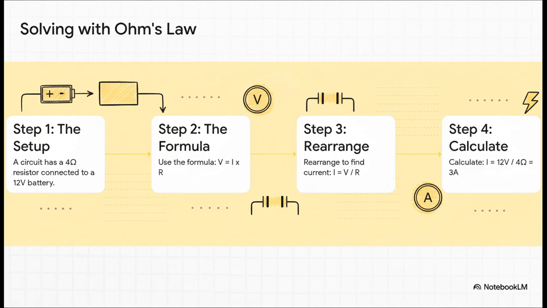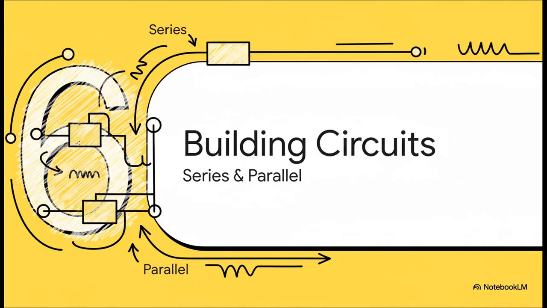Well, we just shuffle Ohm's law around a bit. Current equals voltage divided by resistance. Pop in the numbers, 12 volts divided by 4 ohms, and you get a flow of 3 amps. See? It's that straightforward. Okay, so we get how one resistor works, but circuits almost always have more than one,